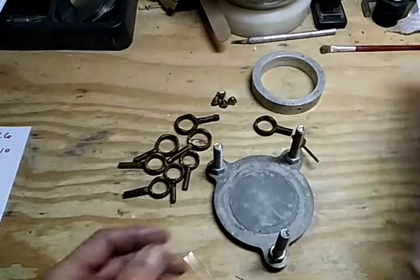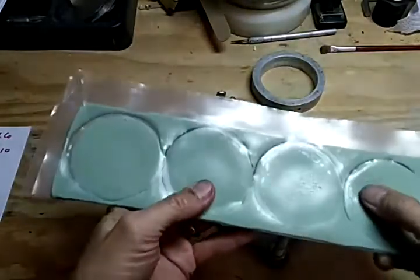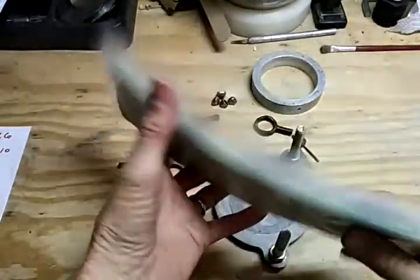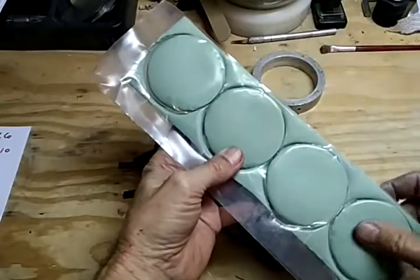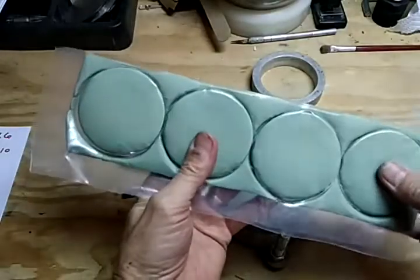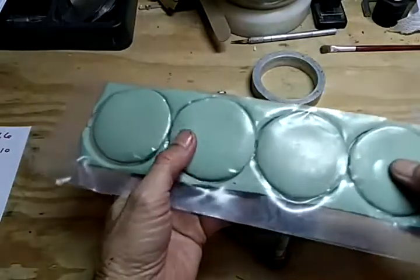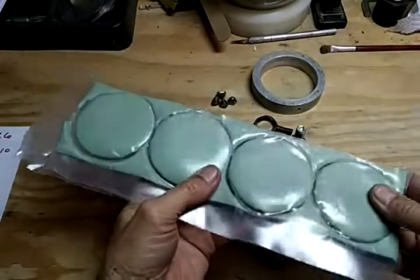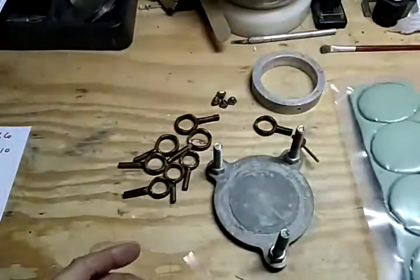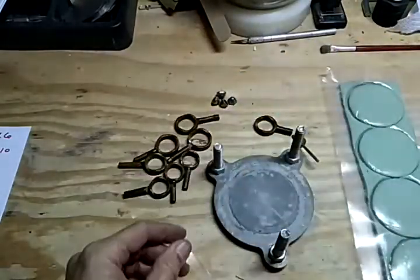So I got my greenish mold rubber in, and I'm trying to work out the best way to sell this so that it's the most effective for you guys in making molds. This has kind of a plasticky covering, not really a paper, and when I cut it, it stays in here. So I think I'm going to end up selling it, and it'll come maybe with a little extra. For just a standard 3/4 inch mold, what we're going to do is